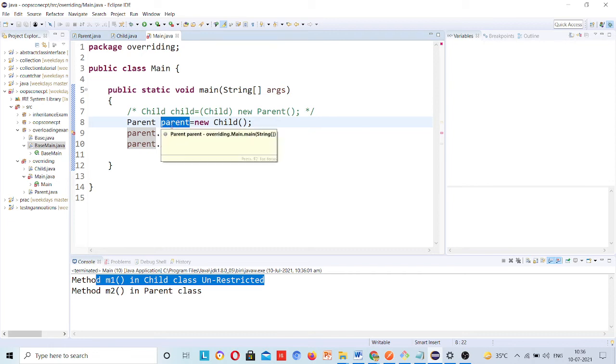And what is the error? It says that I am passing the reference of the parent class and I am going to check this M1 method in the parent class, but the M1 method is not present in the parent class, then why are you passing the reference variable of the parent? You just pass the child. So if you write like this, parent reference with the child object, then it will go to the parent class, and the method has to be present in the parent class. So whatever reference has been passed, either child reference or parent reference, the referenced class should have that method present, meaning in the parent class this M1 method should be present, okay.